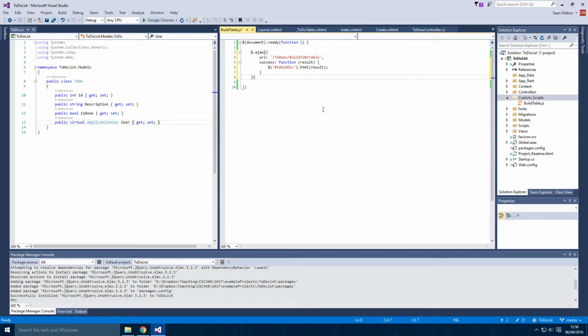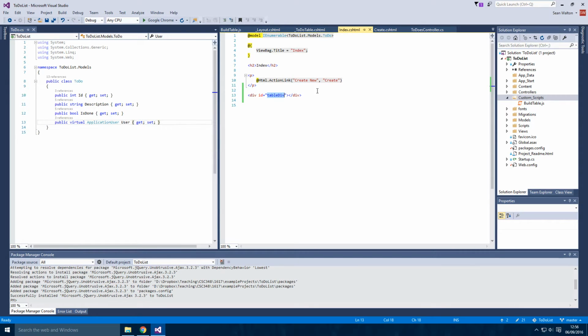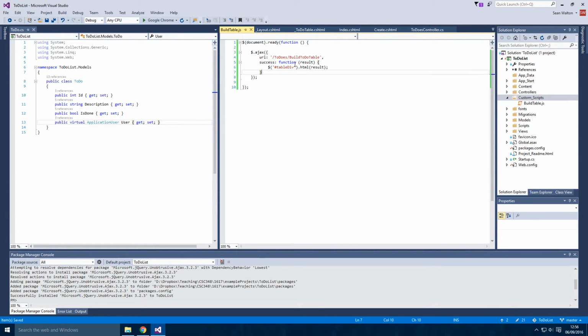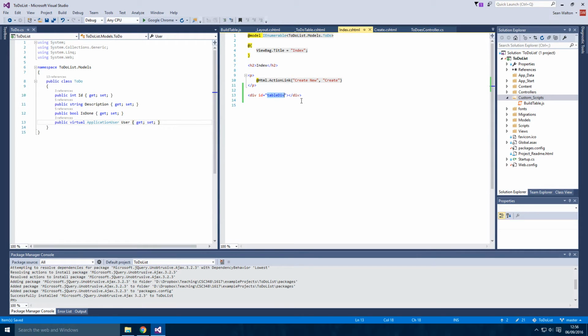So that should be it. So what this is doing is, when the document is loaded, we're going to do an AJAX call, or AJAX request, to this URL, and the result we get back, we're going to put it in table div, which is defined here. At the moment, that's not going to do anything because we're not calling this anywhere, and so we need to add a call to the script in our